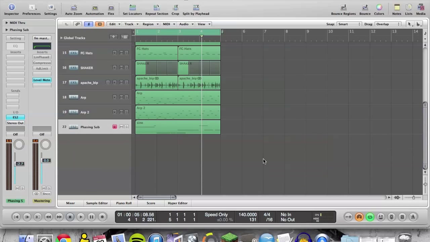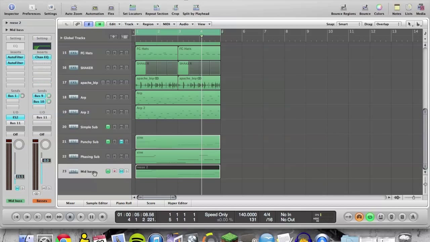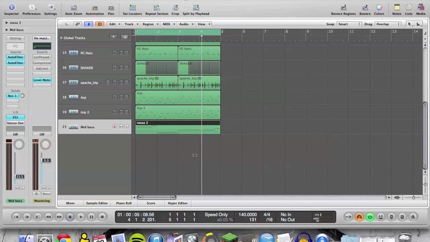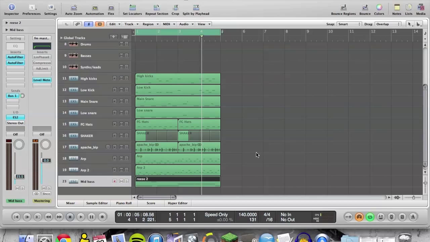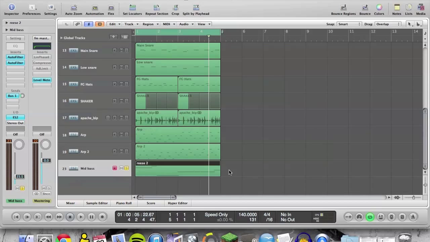Right, so say you've already got your bass line and you want to just send that back to stereo. You want to just reinforce it with some sub bass, which is what I do if I'm putting any kind of mid bass in. So I've made this really naff mid-range bass, which is, yeah, a bit terrible, but what I'd do if I was putting this in the track is